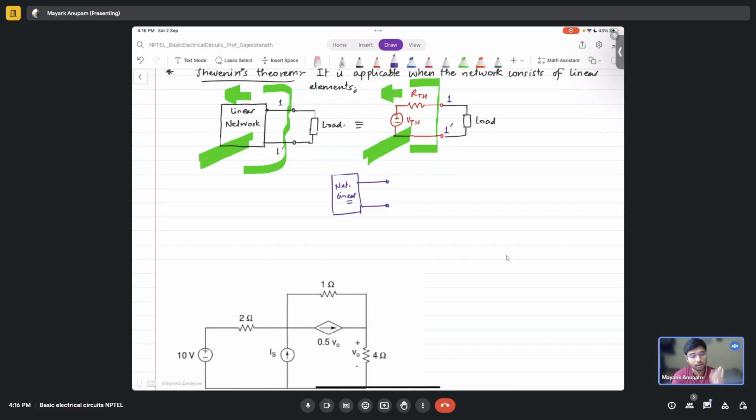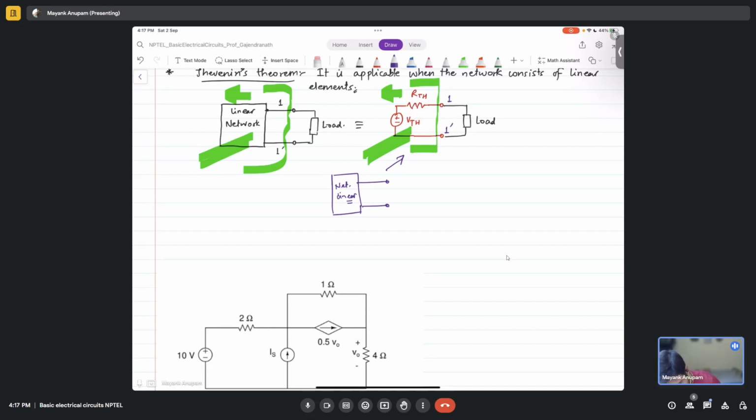So how will you try to model this particular circuit? That is what is being done by Thevenin's theorem. Any linear network which contains only independent sources, and if there are any dependent sources, those should have a linear relationship,